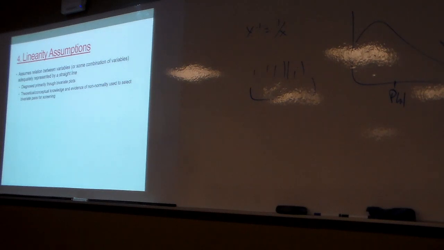But in cases where you have lots and lots of variables, let's say I've got a regression model with 20 predictors in it. I don't know why you would do that. At least in our field, that would be kind of weird. In other fields, that might happen. If you've got 20 variables, looking at all possible bivariate plots would be quite a chore. Your theoretical, conceptual knowledge of these variables and some of the evidence for non-normal distributions might start to guide which specific plots you take a look at.